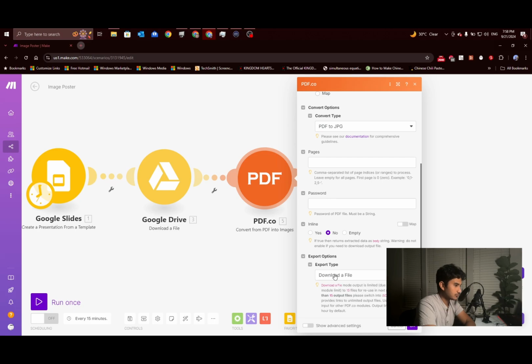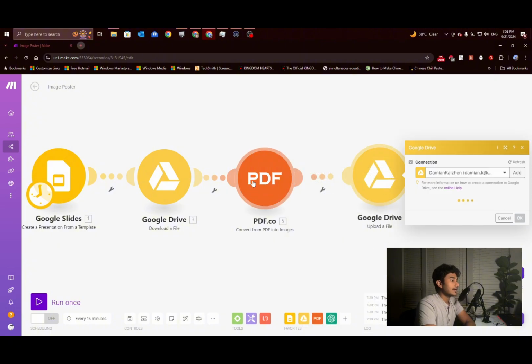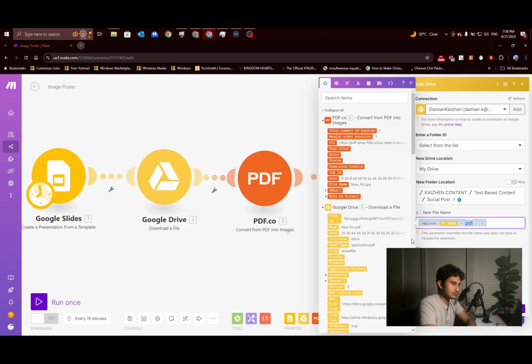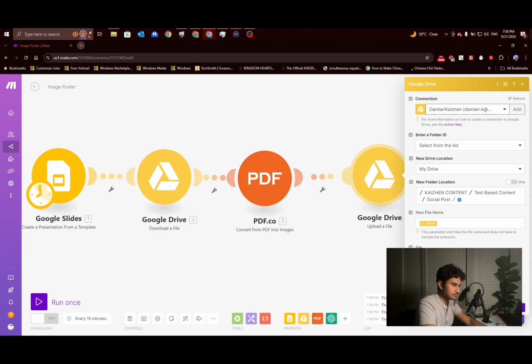And then you're going to export it as a downloaded file. So since it's converted to a JPEG, you're going to download that JPEG. And then once this module downloads that, we're going to use the upload a file module from Google Drive to go ahead and put that on there. So in here, I'm just gonna go ahead and use the file name as it is,